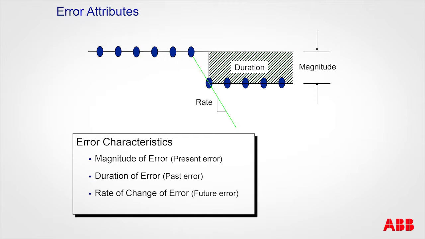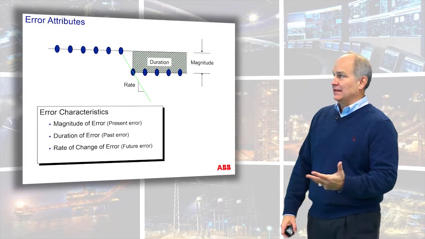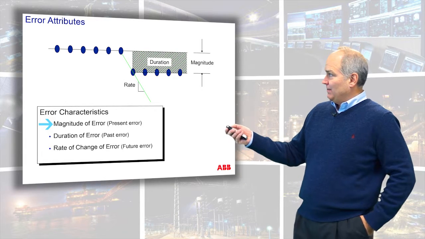Then we notice that the error didn't go away. There's a duration. You notice that there's an area under the curve, or a duration of the error. And then the last one most people have a hard time seeing is the rate of change. It's really the slope. How much did this slope change based upon the difference between 2 points? So those are really the three attributes that define what we're looking at here: the magnitude of the error,